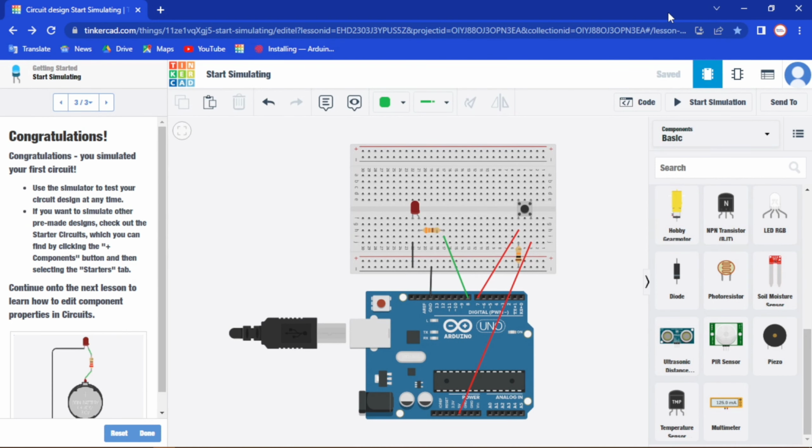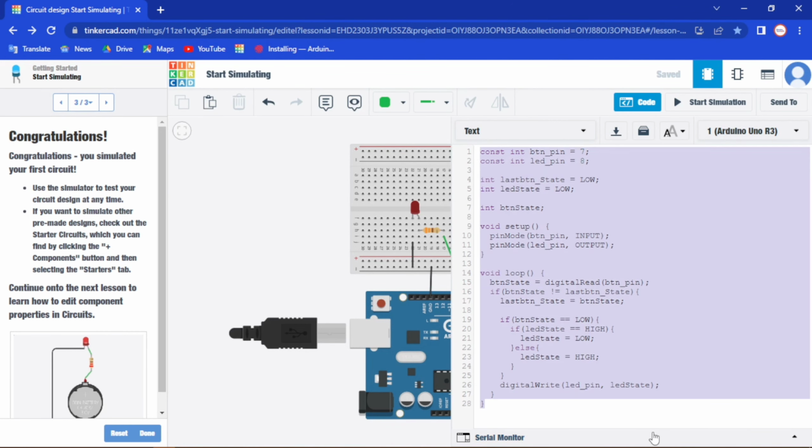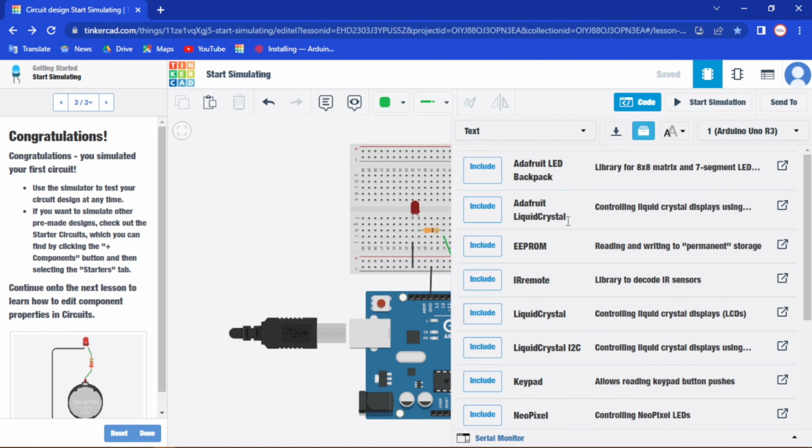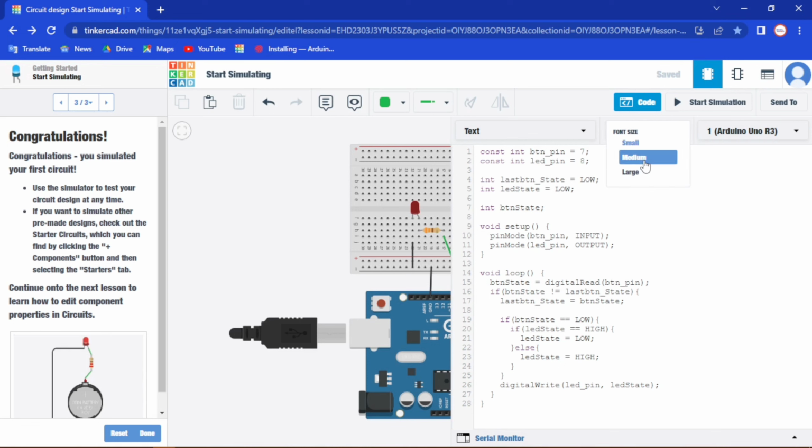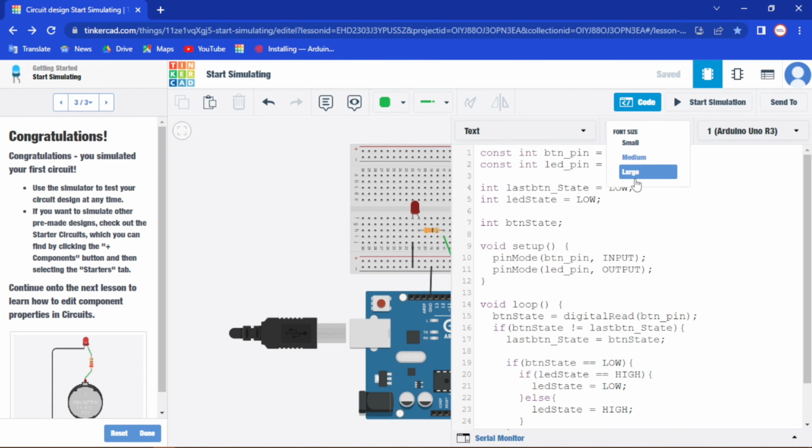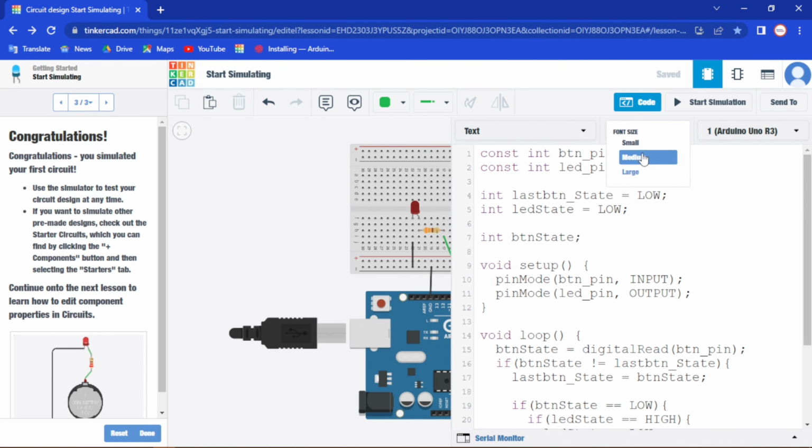Now if we want to download the code, after you have written the code here, you would want to download the code and save it for your later use. So just click on this download option and your code will be downloaded. And then if you want to include additional libraries in your program, you can click on here and include all of this in your program. And this option lets you control the size of this font. So medium would be best,